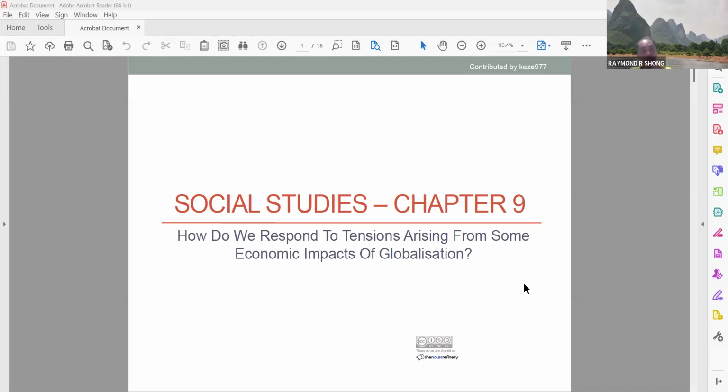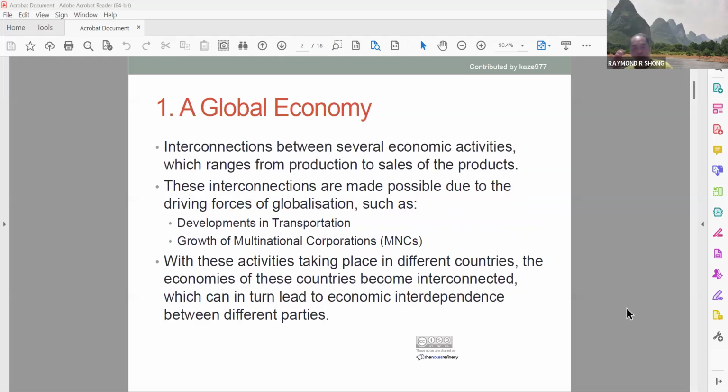I want to finish this for my lesson plan. Global economy, please write down the points. I'm not sure this one is inside your textbook. I can't remember. I lost touch with the new syllabus already. I'm not sure I showed you last week. No, I just want to finish up this lesson for these topics in chapter 9.